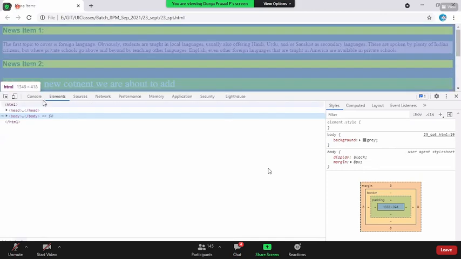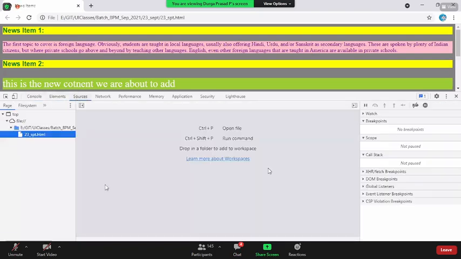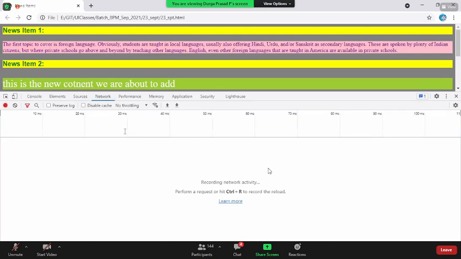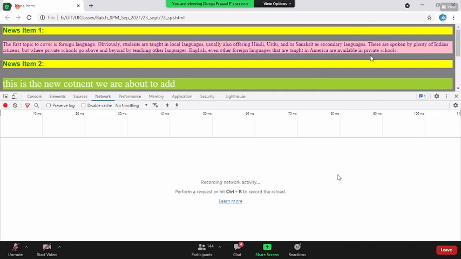On the top, there is the console tab, where once we come to JavaScript, either for consoling messages or anytime you have an error in the JavaScript code, we'll go to the console tab. The sources tab shows the complete HTML content and every external content like JavaScript code, that is, all the sources being used to load this web page. The network tab shows a list of all the network calls, implying any call happening to the server, how much time it takes to give a response from the server, and how much size it is responding with. Those are all covered under the network tab.